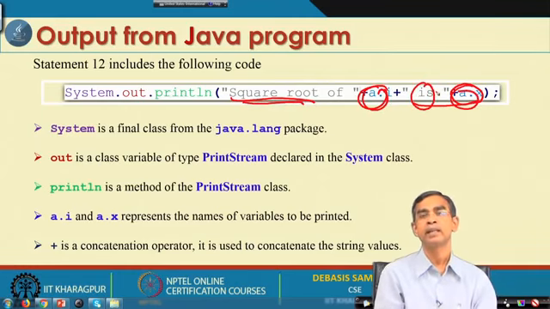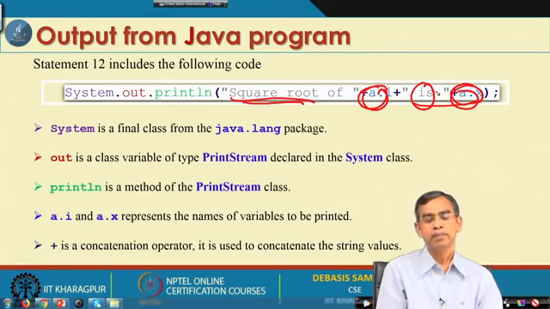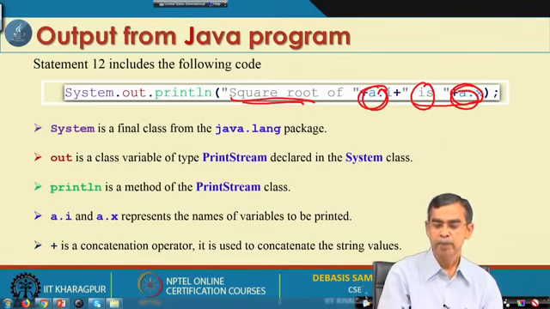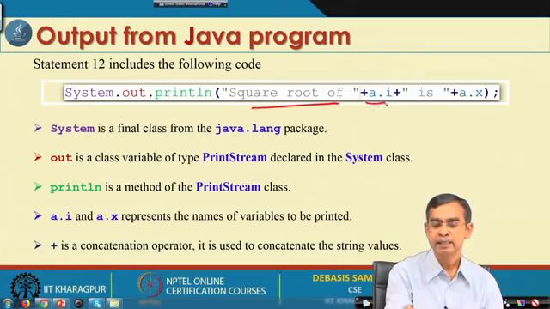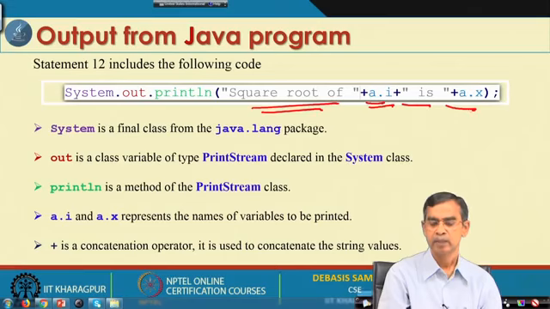So 4 arguments are there, and the println method is customized to accept any number of arguments: one argument, no argument, many arguments, whatever there is. And if you want to use multiple arguments, all the arguments should be separated by a plus sign. So this plus this means this argument plus this argument plus this argument, and so on.